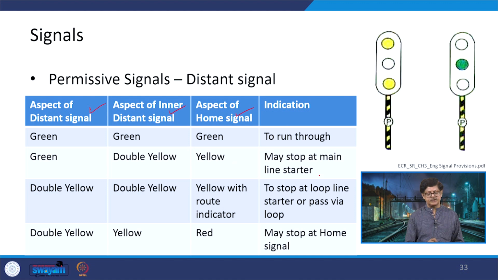The indications are: if all are green, it means you can run through. If the distant signal is double yellow, inner distant is double yellow and home signal is yellow with route indicator, it says stop at loop line starter and pass via the loop. And the third one is the double yellow with a combination of inner yellow and red, that it has to stop at the